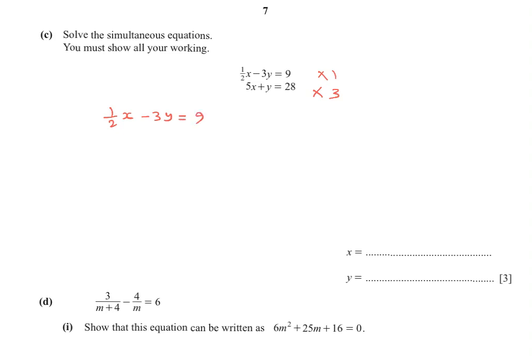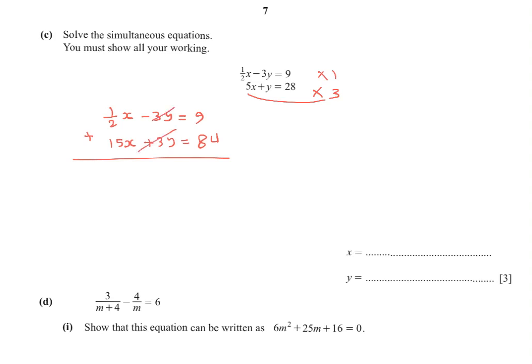Multiply this one by 3, all the terms, so 5 times 3 equals 15x, 3 times y equals 3y, 28 times 3 is 84. Then if you add,